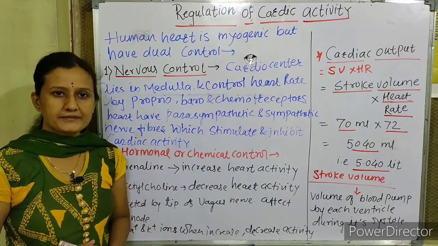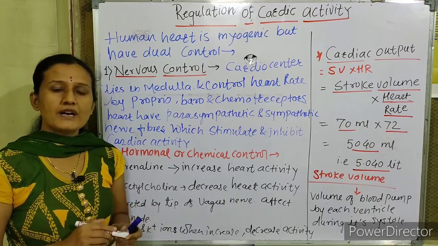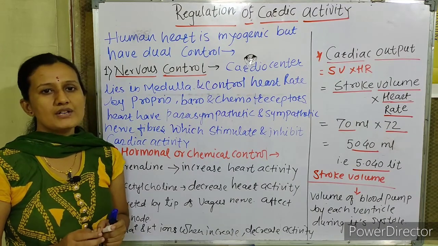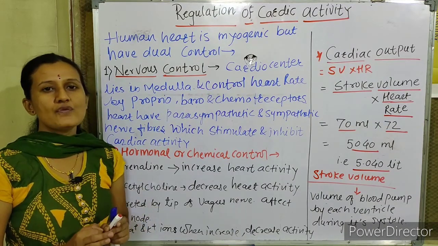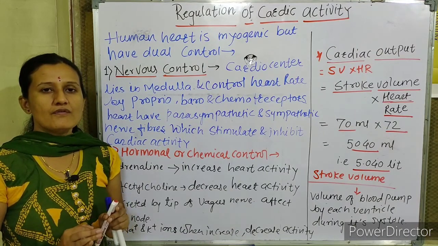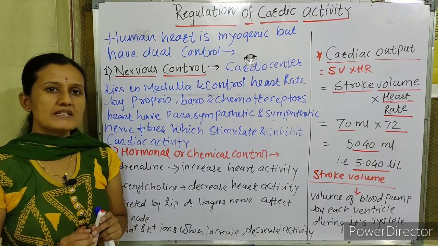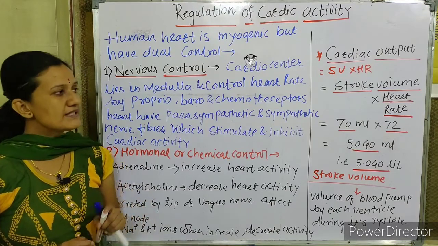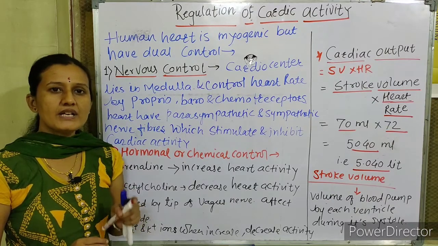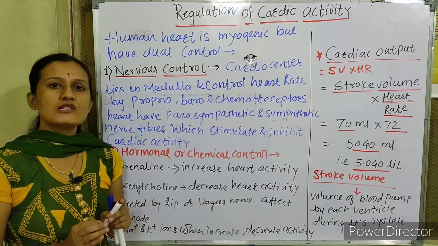Then heart rate. Heart rate or heartbeat means one systole, that is one contraction of the heart chamber, and one relaxation of the heart chamber. Collectively it is called one heartbeat. One contraction and simultaneously one relaxation is called one heartbeat. That means one systole and one diastole complete one heartbeat, and the beats per minute, that is 72, is the heart rate or beat rate, or it may also be called pulse